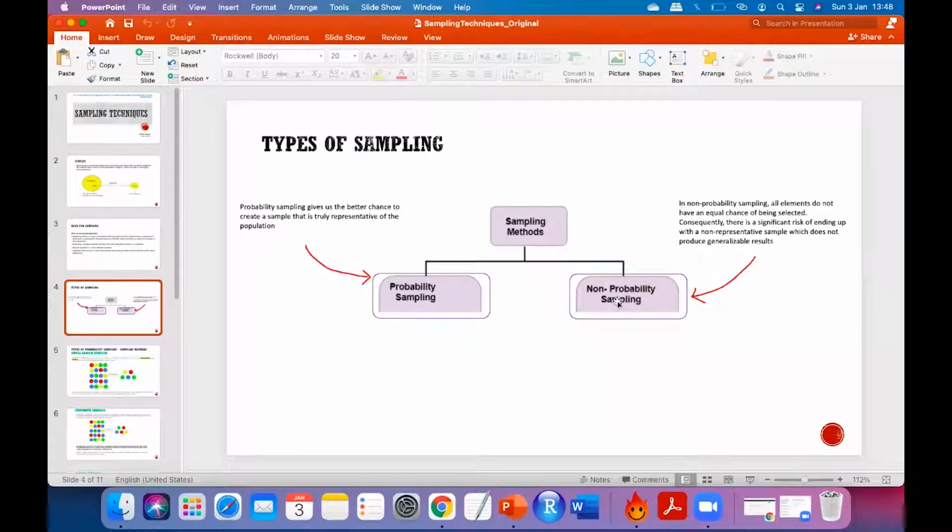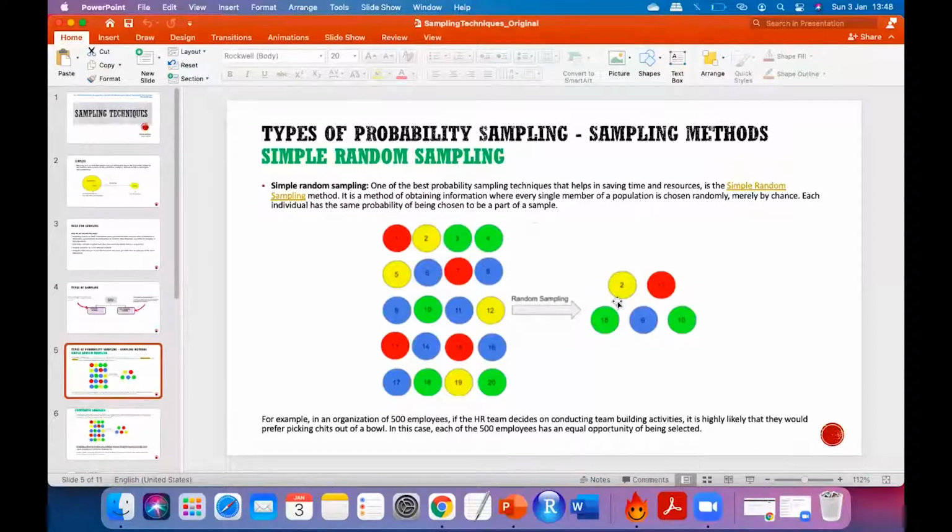Okay, let's go to the very first example, and it is a very easy example. What I have done is I have taken the same example in all the sampling. The reason is very simple. Usually if you go to the internet and see the examples, people give different examples for all the different types of sampling, and if you ask them to collate and give a conceptual answer, they are confused. That is the reason I have used only one example, so that you are able to differentiate what was happening there and what is happening here. You understand what I'm saying?